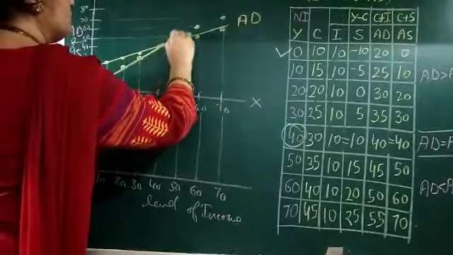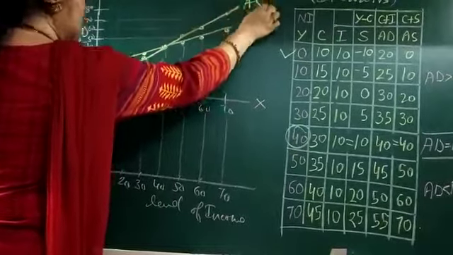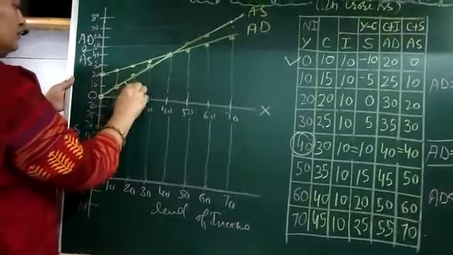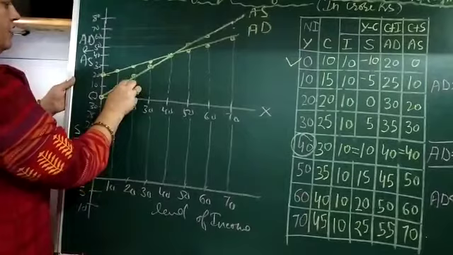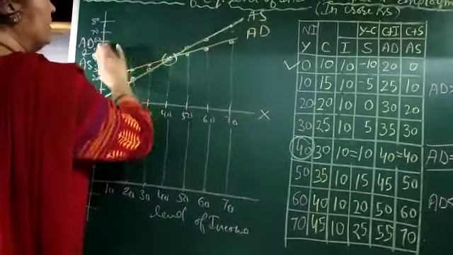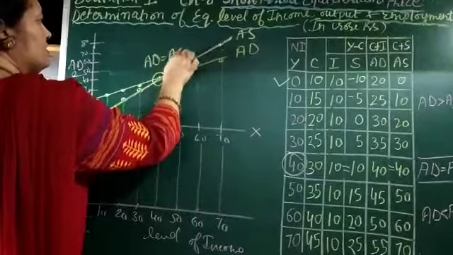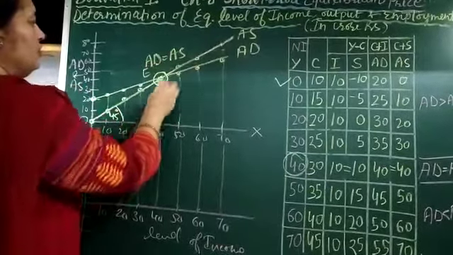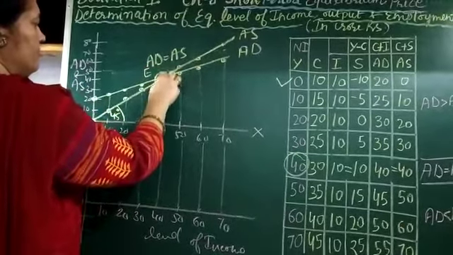Joining all these points, we obtain the aggregate supply curve, a 45 degree line. Aggregate supply always makes a 45 degree angle. AD is equal to AS at point E, which is the intersection point of aggregate demand and aggregate supply at